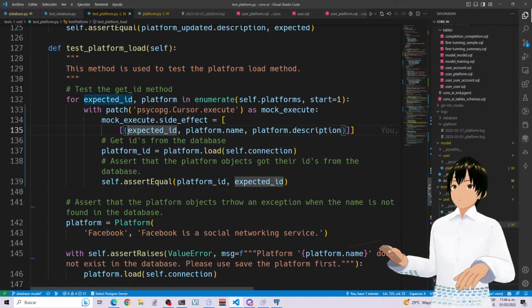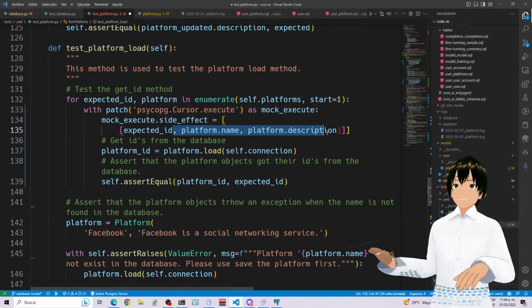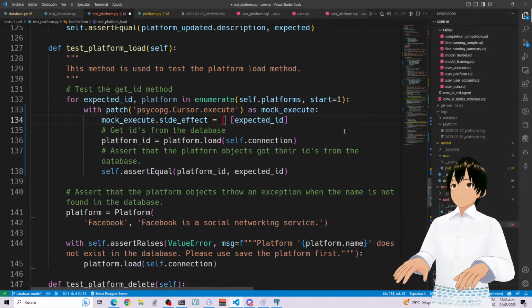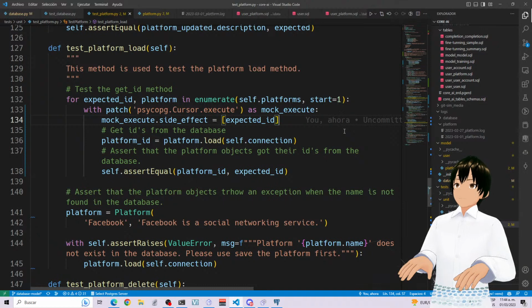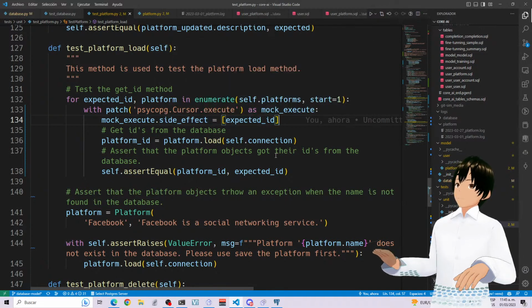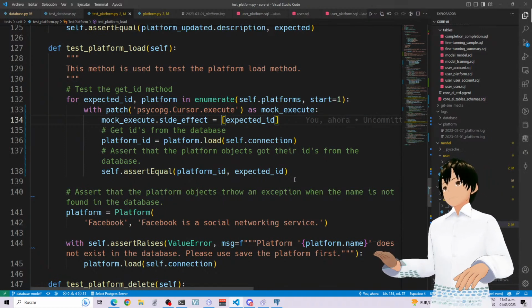My side effect could be just the expected ID, because in the end, that's what I'm testing. Okay, so this may even be changed to, instead of side effect,